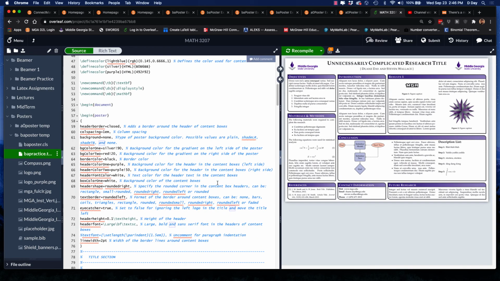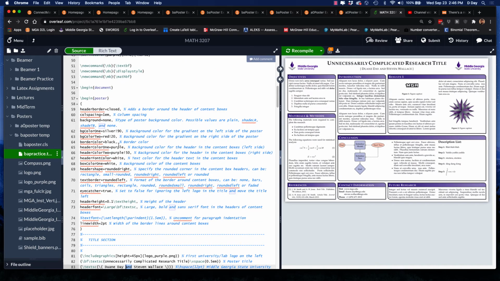One of the on and off options you have here that I didn't show you was, where's it at? Eye catcher. The images across the top are what they call your eye catcher. It's set equal to true, and that's why it's showing both images on either side. If you just set this to false and recompile, it will shift the title to the left and just have the one image on the right. So this is an option you have as well. It doesn't look that bad. It looks okay, but it feels like it's offset a little bit. But if it's something you prefer, you can do this. It's totally up to you. I'm not going to tell you